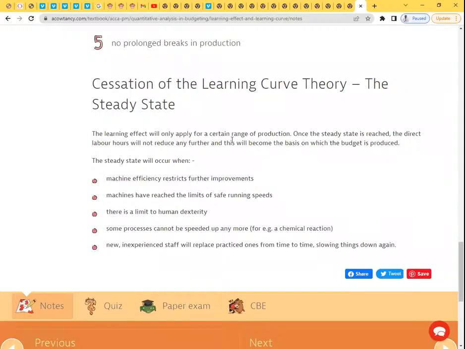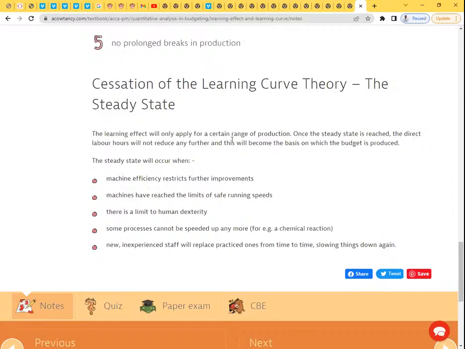What if these machines which are doing the grinding have reached their maximum speed? Then automatically it means that even the human beings cannot continue making further improvements,